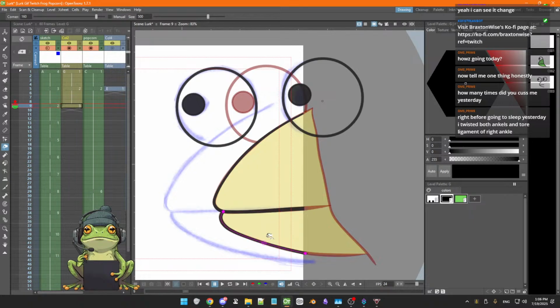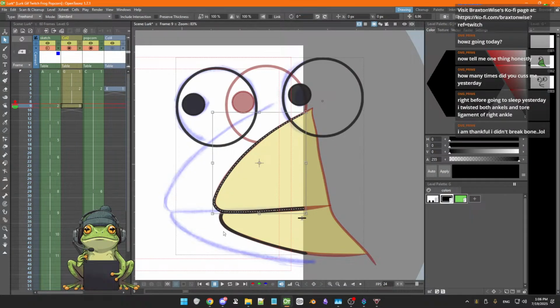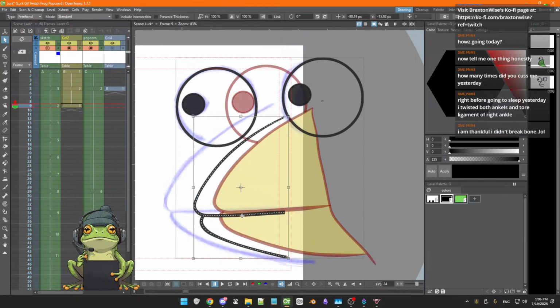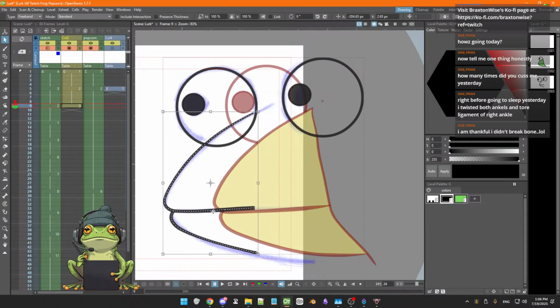It's too much. Went too heavy on it. So then we'll grab the S tool, shift, click, move it over, and then